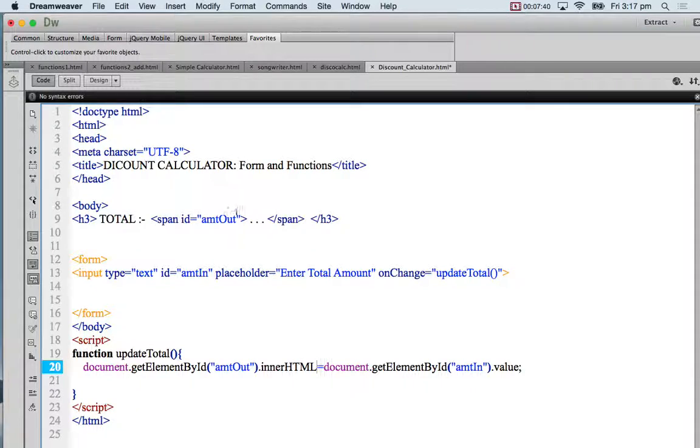So you see this amountOut here, you see the ID here, this is the innerHTML, the inside HTML for this ID, right? This will be populated by this value, document.getElementById amountIn, and whatever value is entered here will be read, and that will happen on update. Let's actually see if it works. So if I say 4,500,